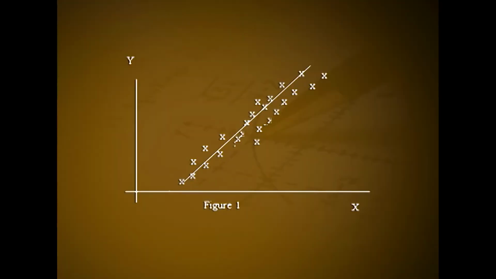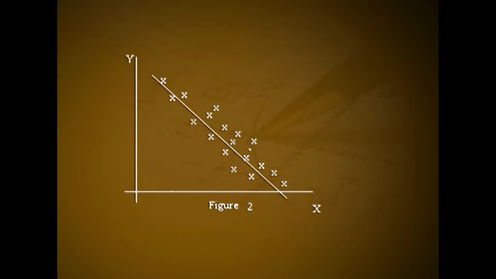Consider the following scatter diagrams obtained by plotting the observations regarding some x and y. In the first scatter diagram, figure 1, we can observe that all the points are scattered around a straight line, and such a straight line is in the form as x increases, y also increases. Then we can roughly say there exists a positive linear relation between x and y. Since the points are closely clustered around the straight line, there is a high degree of linear relation.